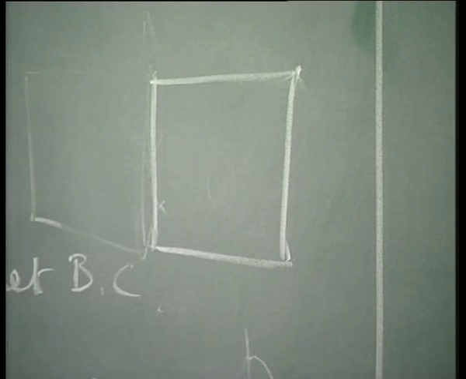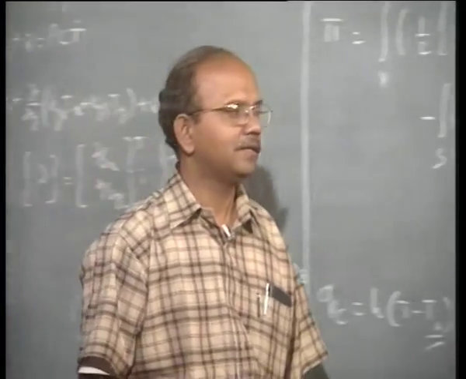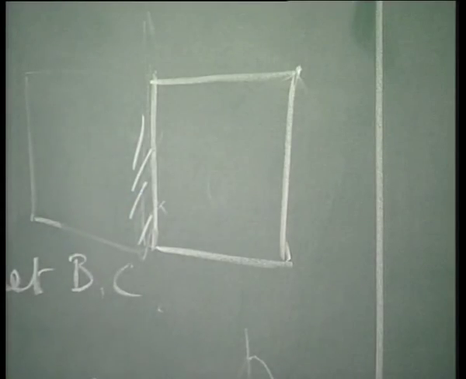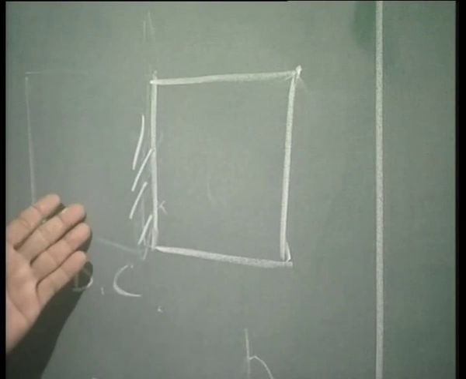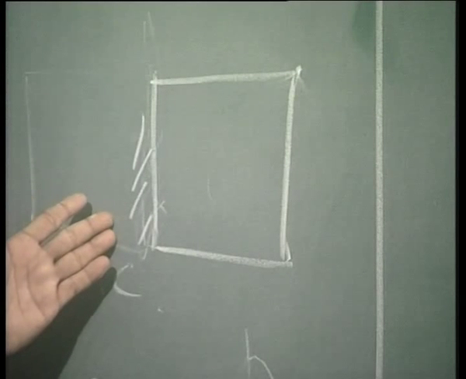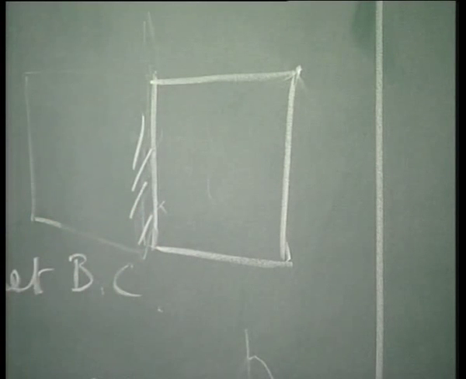Okay, but the only condition I have to put here in order to solve this problem is that from this side there is no heat transfer, or this side can be considered as insulated, because the other side is like a symmetry boundary condition. So the other side will have the same temperature distribution. So the slope at that point will be 0, and so there will not be any heat transfer coefficients.